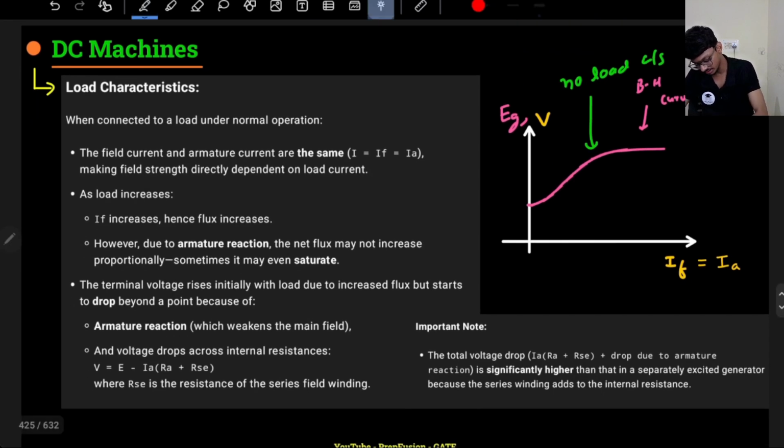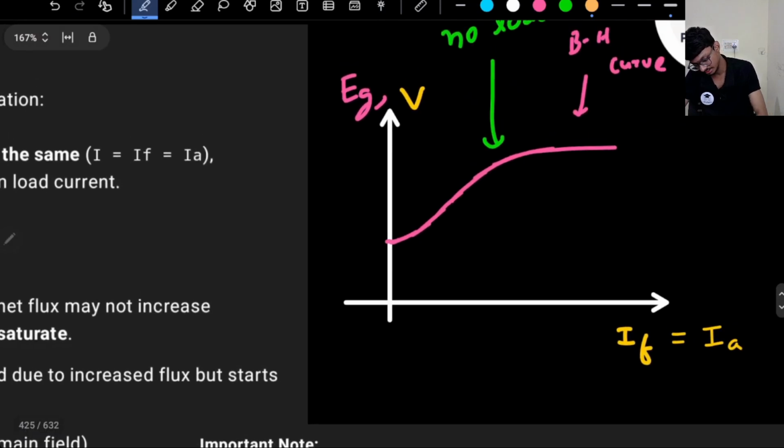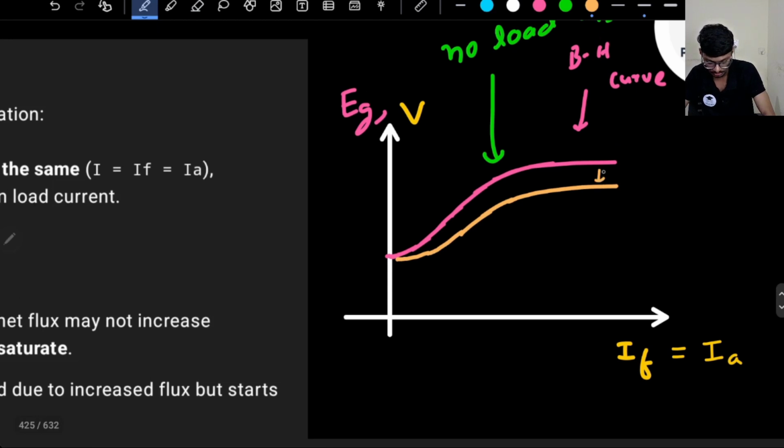The terminal voltage will be E minus IA into (RA plus RSC). So I have to consider the armature drop, and that will give me the VT. If I consider the armature drop, the graph will somewhat look like this. So this is the drop, this is the IA into RA